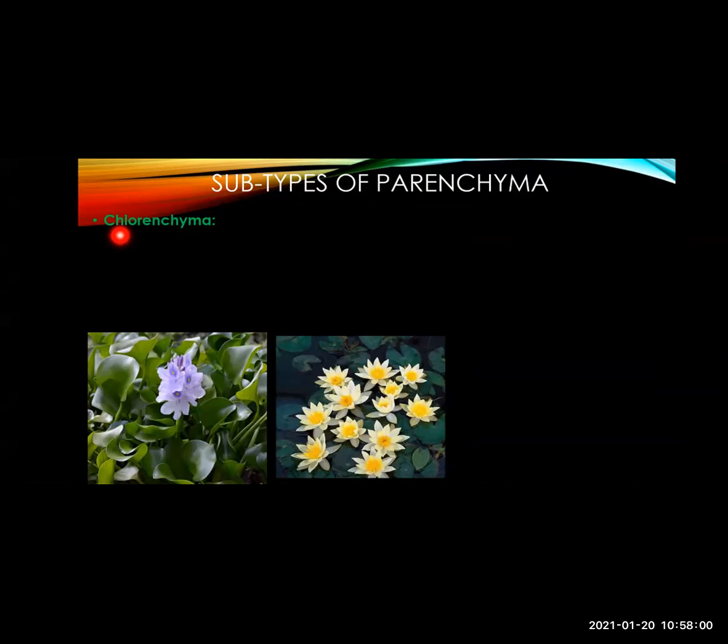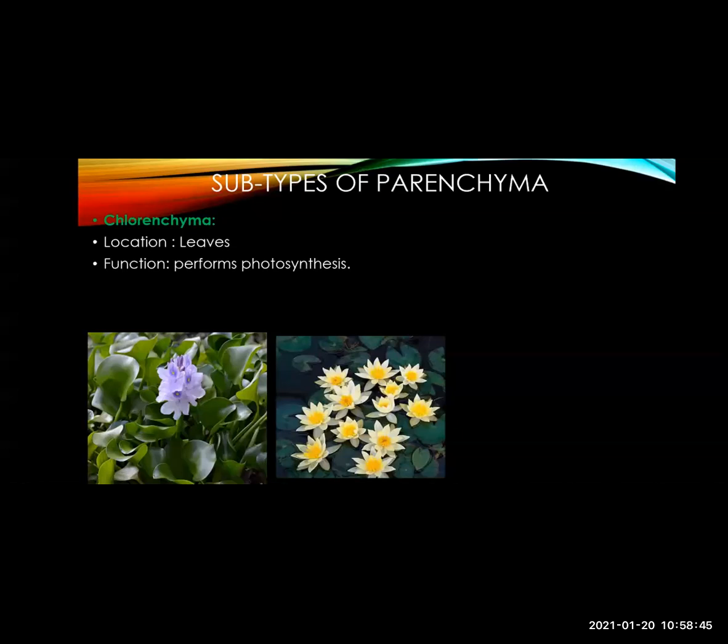The parenchyma cells which are rich in chlorophyll pigment are known as chlorenchyma cells. Now, where are they present? We all know the color of chlorenchyma is green. The green leaves contain the chlorophyll pigment, and hence the chlorenchyma are present in the leaves. As the major function of chlorophyll is absorption of the solar energy, where it is converted into starch, that process of photosynthesis is performed by chlorenchyma cells.